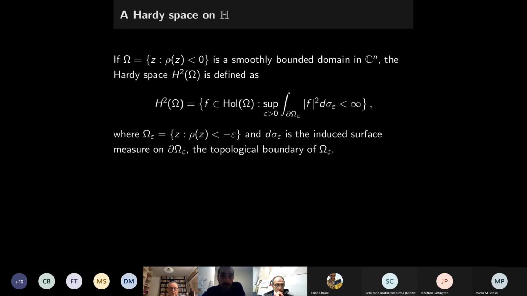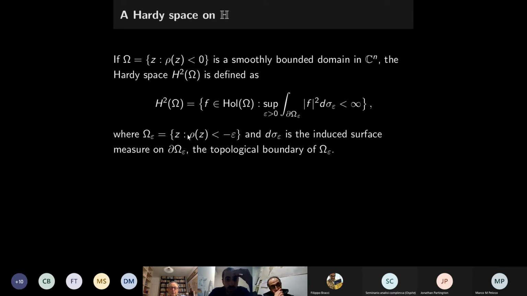So what about a Hardy space on the Hartogs triangle? Let's recall the definition of a Hardy space when we have a domain omega, which is defined by the defining function rho. So it's given by the z such that rho of z is negative, and we assume that omega is smooth and bounded. Then, to define the Hardy space H2 of omega, we consider a family of approximating domains omega epsilon,